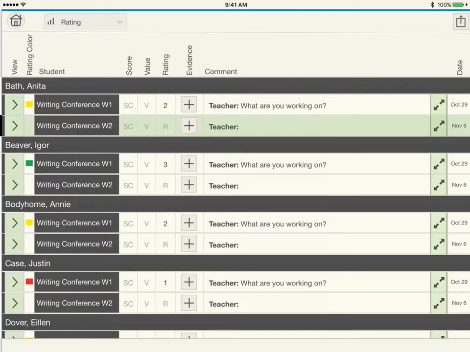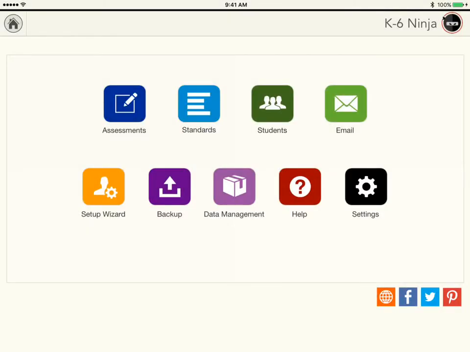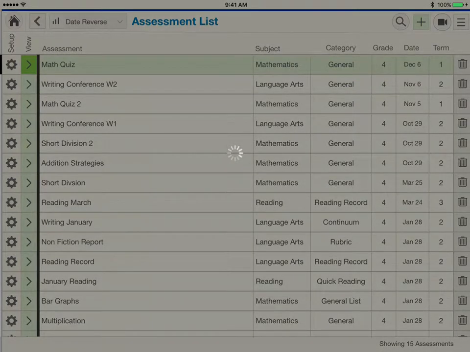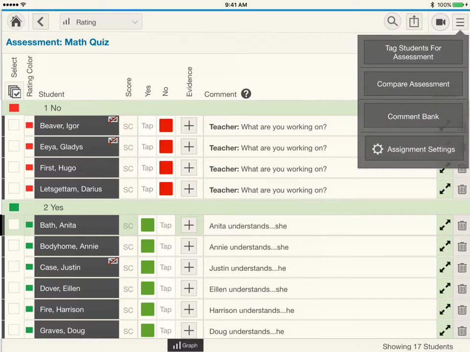So let's go back to home here and go back into assessments and assessment list and go to the math quiz one. And the last real thing up here is, there's a comment bank where I can enter comments in the comment bank. And again, that's going to be in another video. But there's also assignment settings, and that is just if I want to make some changes to the settings for this, if I want to change the title instead of math quiz, or the date that it was,